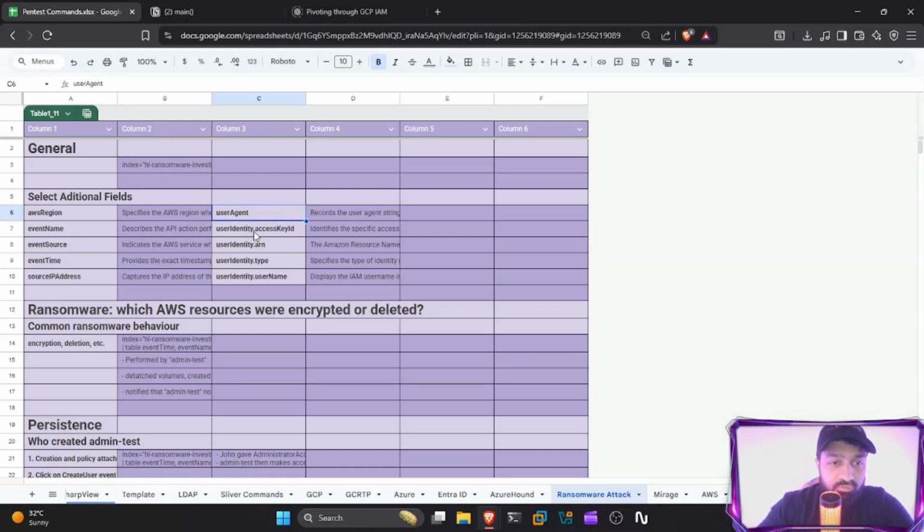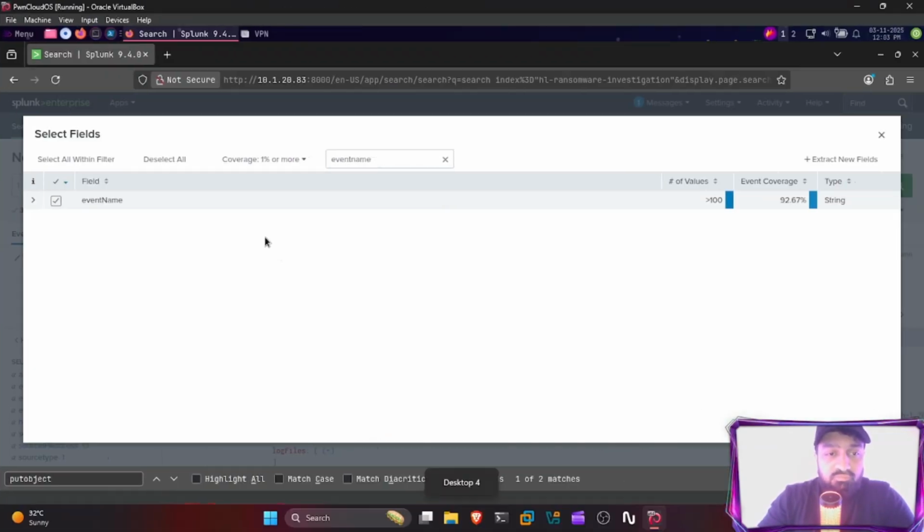lastly, we have the access key ID, which will tell us which access key the attacker has compromised or is using to conduct his commands or attacks, the ARN, the user identity type, whether or not it's a role or a user or what kind of identity it is, and the username, which gives us just a clear text username of the role or user that is being compromised or being used to attack us with ransomware. All right, now with these fields being done and making sure we have checked off all of these fields here,